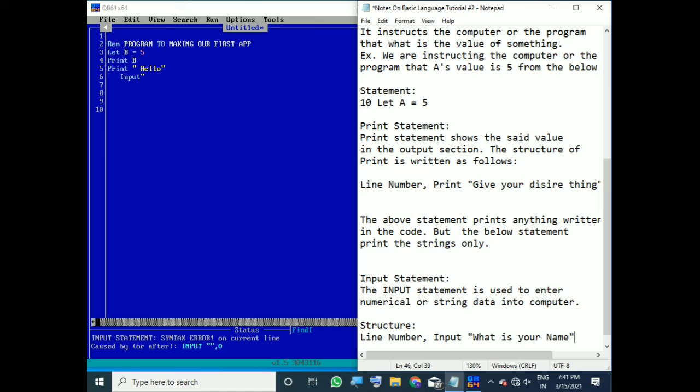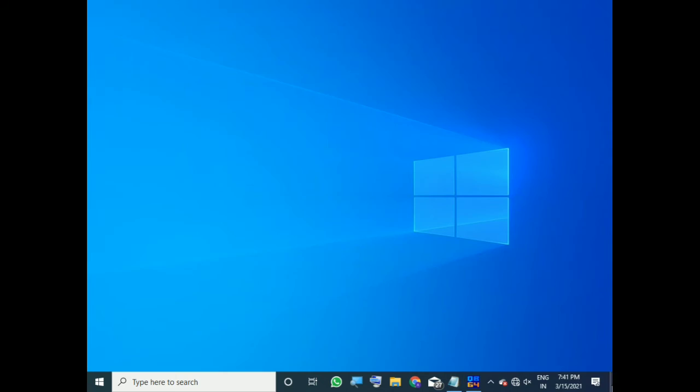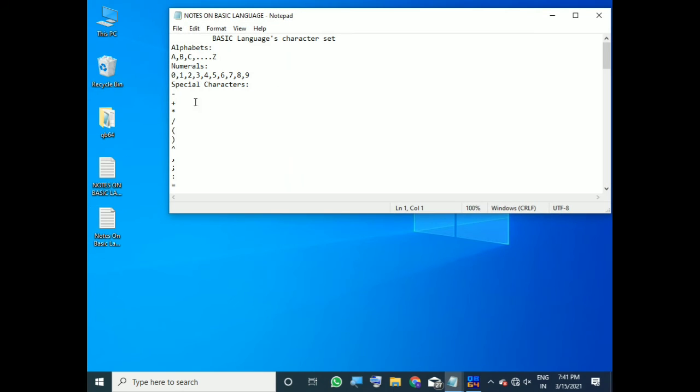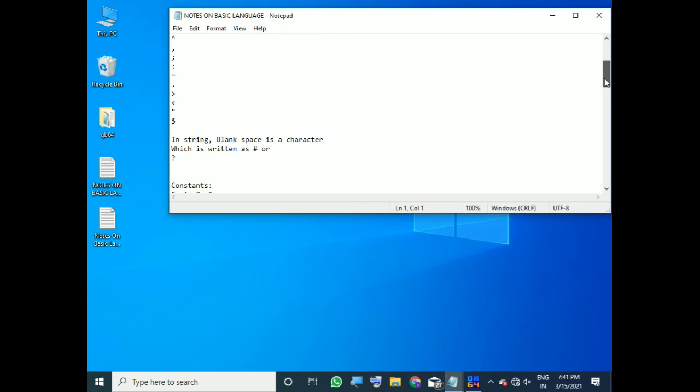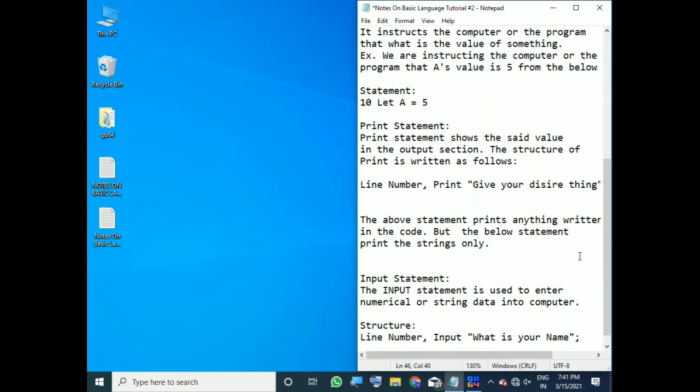As I said in the previous class, this is supported by QBasic. So this symbol is a semicolon.